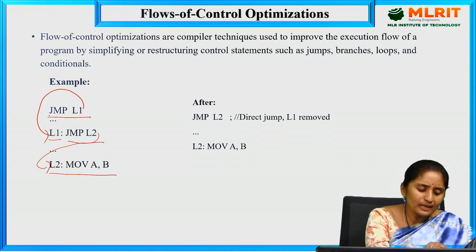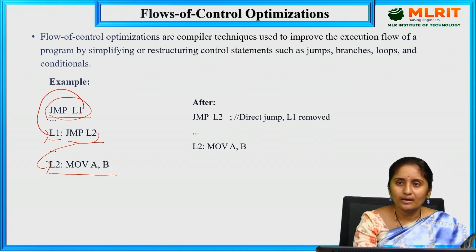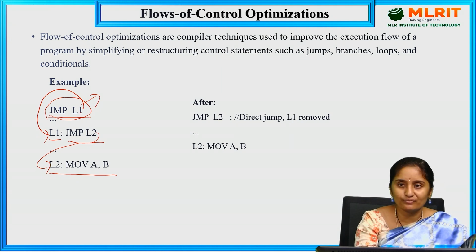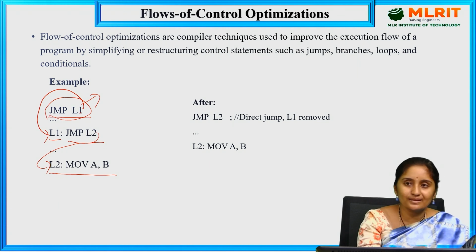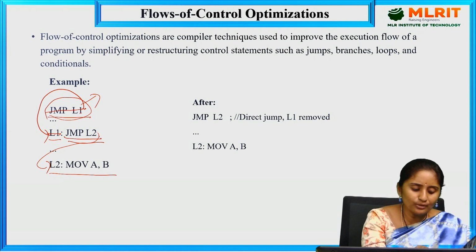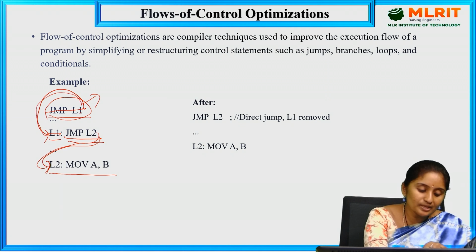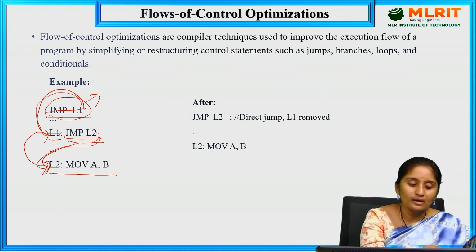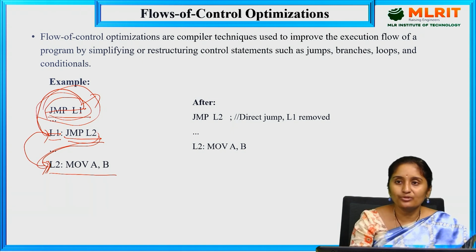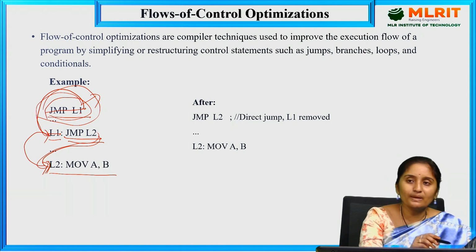So, is this statement anything useful for us? This statement is not at all used here. I am just writing one more unnecessary jump, and it increases the size of the program. So we are going to remove unnecessary jumps. Without this statement also I can execute L1 and directly jump to L2. Previously it came to L1 and again from here it went to L2, but this statement is not doing any transactions or computations. So this is the statement which is not used.